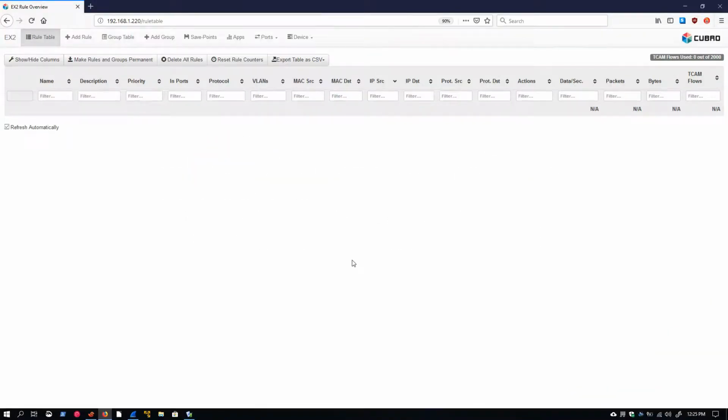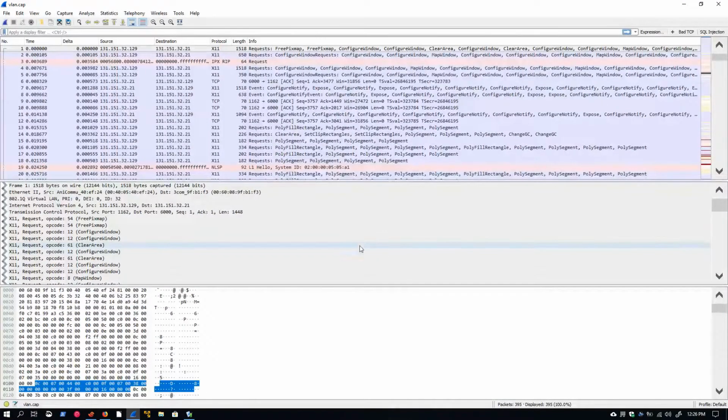Hello everyone, in this video we're going to be continuing our series on constructing filters using the Cubro Packet Master line of network packet brokers, and specifically this video is going to address filtering on VLAN criteria using the Web GUI interface. Before we get started with that, I would like to show you this PCAP and a few things